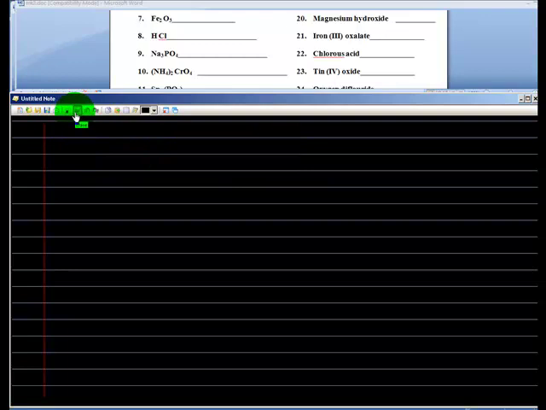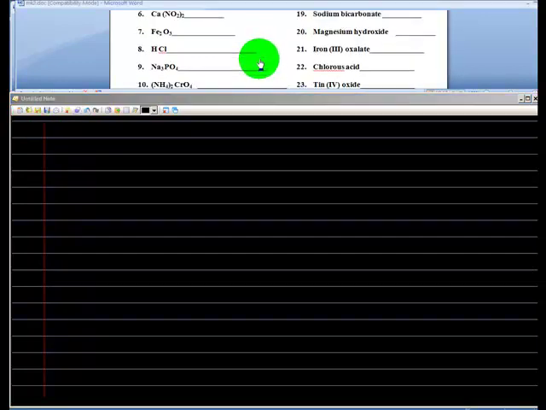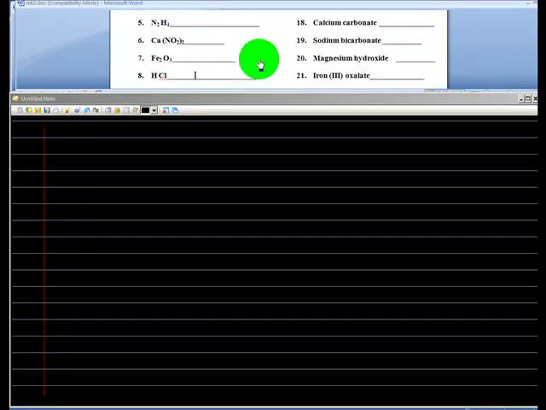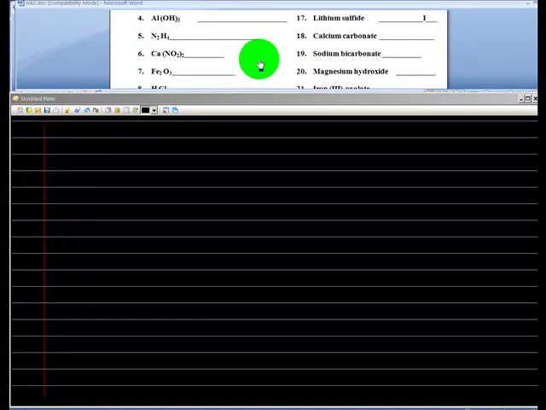Now, the type 4 is going to be a non-metal with a non-metal. An example of that is going to be number 5. Number 5 says N2H4. N2